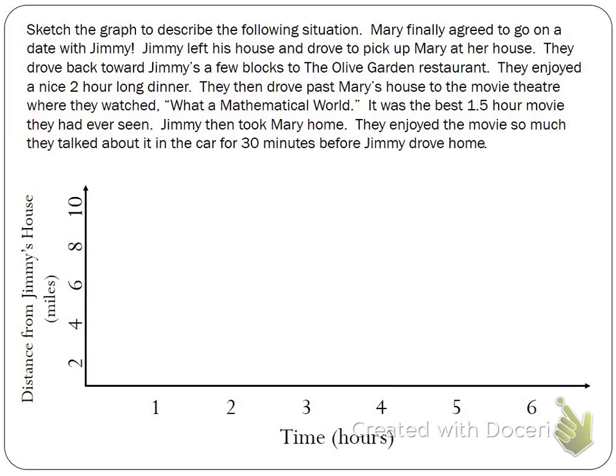So Jimmy and Mary are going to go on a date. Jimmy left his house and drove to pick Mary up at her house. They drove back towards Jimmy's a few blocks to get to the Olive Garden. Always nice breadsticks. They enjoyed a nice 2-hour-long dinner where they chatted and ate and that kind of thing. They then had to, in order to get to the movie theater, drive past Mary's house